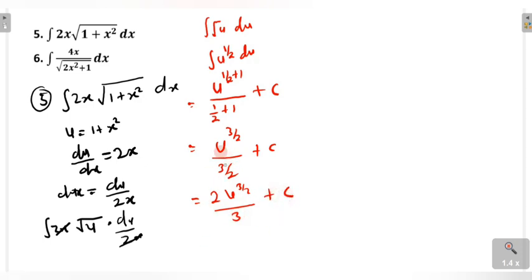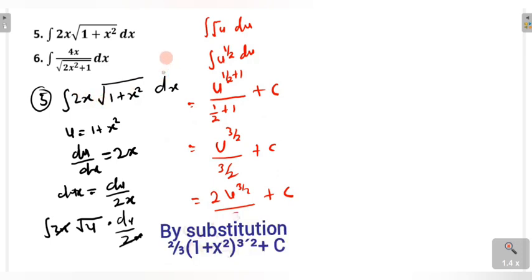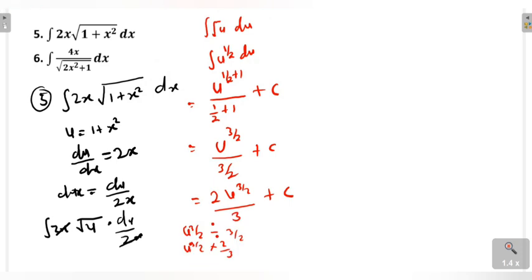I hope you'll be able to work this out. It's very simple. What I did was u raised to power 3 over 2, and this one is a single fraction, divided by 3 over 2. So you change that to multiplication. That becomes u raised to power 3 over 2 times 2 over 3. So if you work this out, that gives you this. So let's go to the next question. For question 5, wow, we have